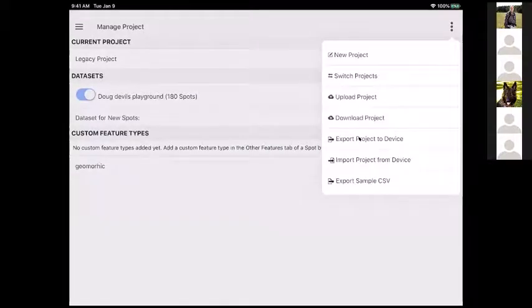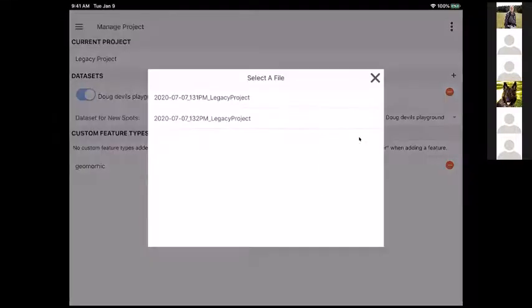Suppose I made a mistake when I was in the field. I get a listing now of the projects that are saved as a file, and I can bring those back in. So I can always save this to my device. Unless I destroy my device, I'll have this backup, and I have a way to move the project off and save it for other people, or save it for myself, in fact.